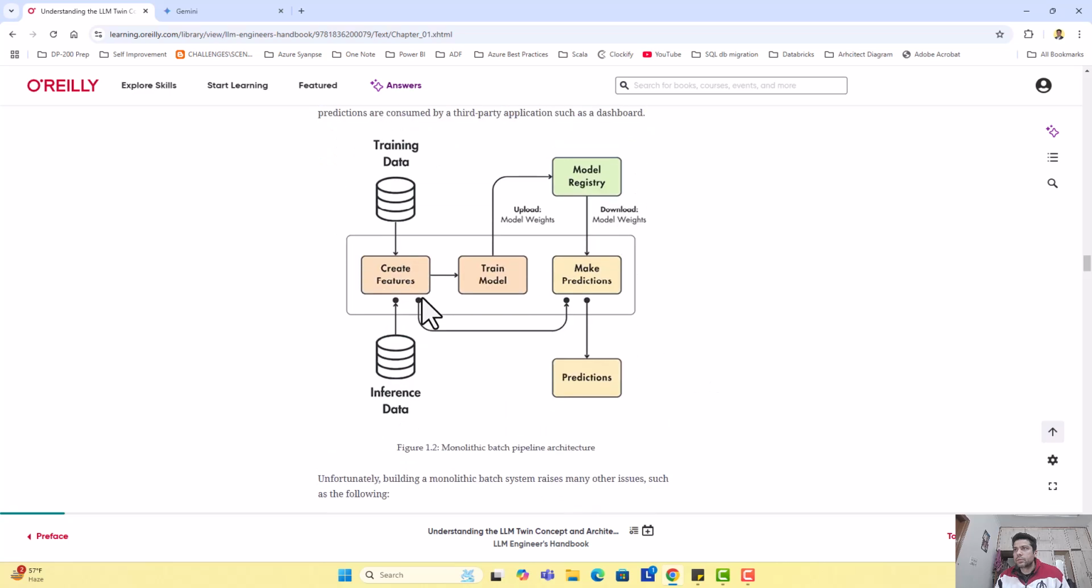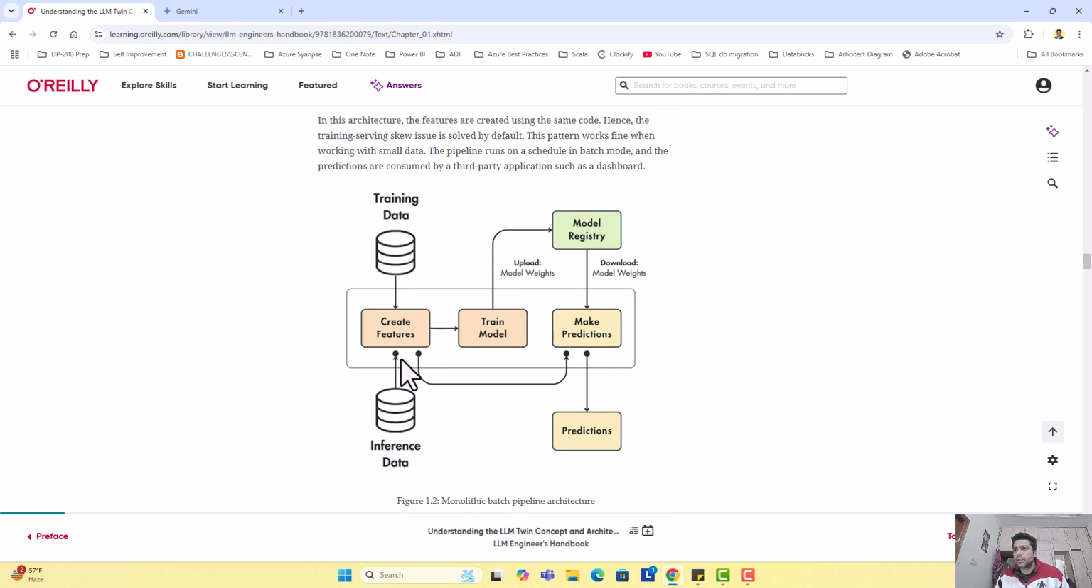So there is another important term that has been thrown around, training serving skew. So let's try to ask Gemini. What is training serving skew? I think training serving skew is a critical issue in machine learning that occurs whenever there's a mismatch between how you handle data during the training phase and how you handle the data during the serving phase, which can lead to